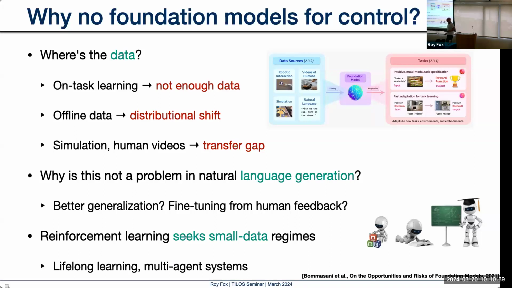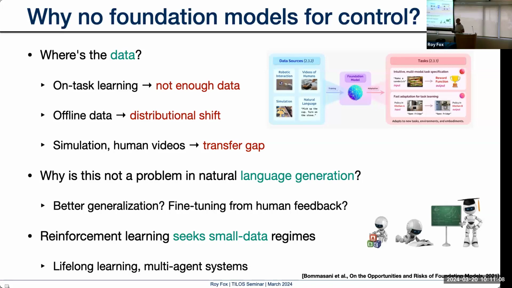In multi-agent systems, someone is optimizing for me to fail, right? If we're playing chess, when grandmasters prepare for a chess game, they're looking for those openings that are going to bring their opponent into a regime that they are not familiar with enough, right? So they're actually looking for that small data regime. So that happens all the time when we optimize. And so I think that's part of the reason why this is so hard.